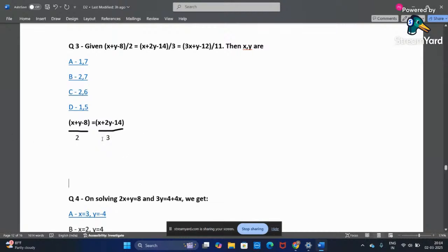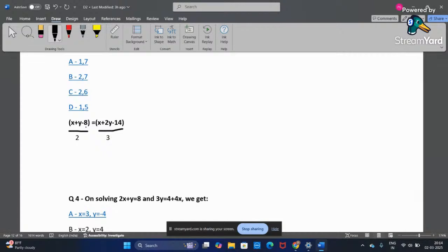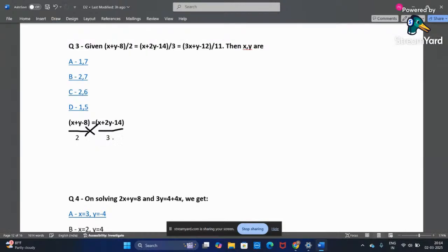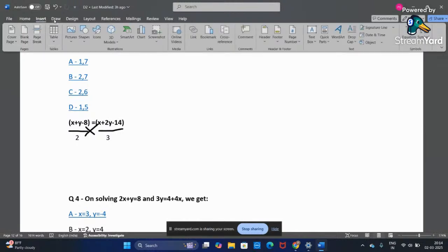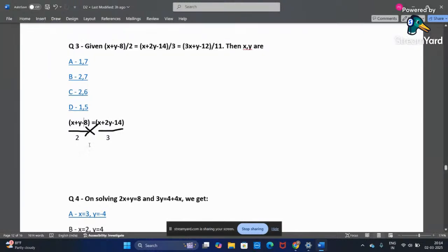So we have to do cross multiplication, this and this. You have to multiply this 3 with this digits and 2 with this digits. So what we are getting